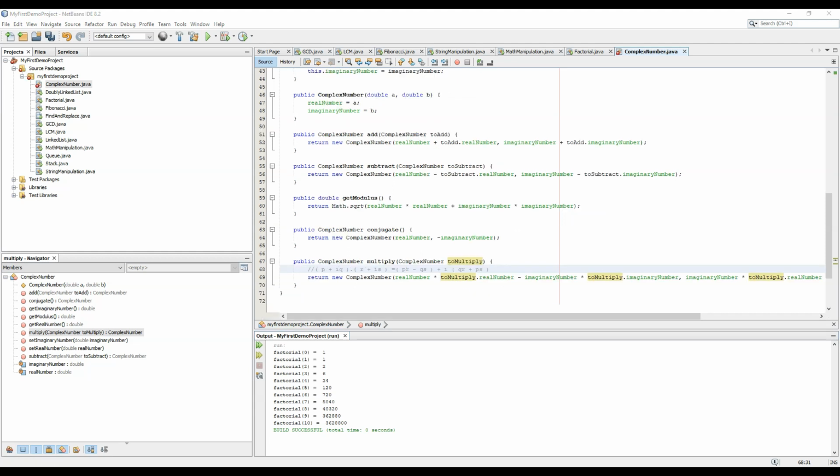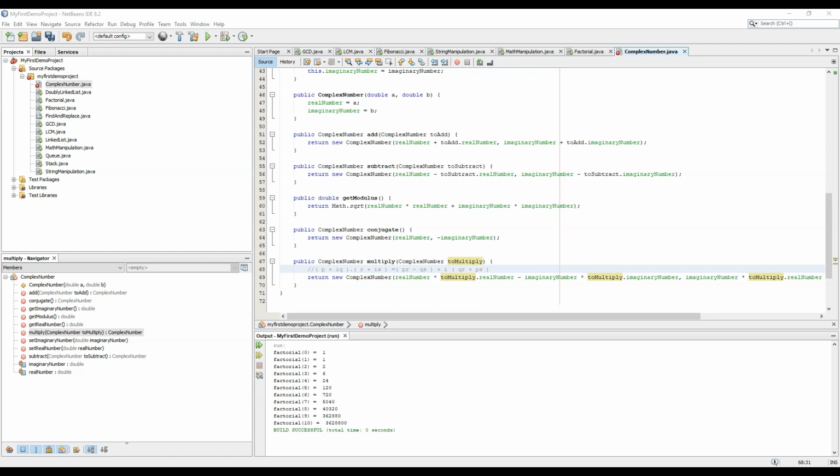So you can look now at the formula for p plus iota q into r plus iota s is equal to pr minus qs plus iota of qr plus ps, that is equal to real number into toMultiply dot real number minus imaginary number into toMultiply dot imaginary number.